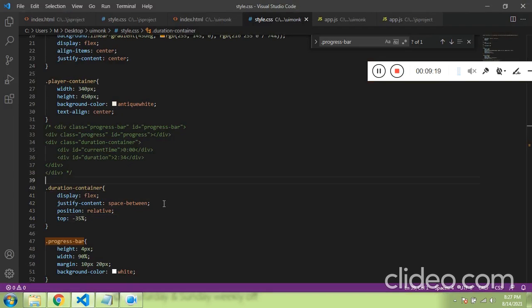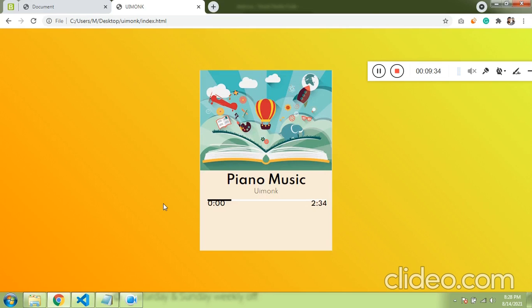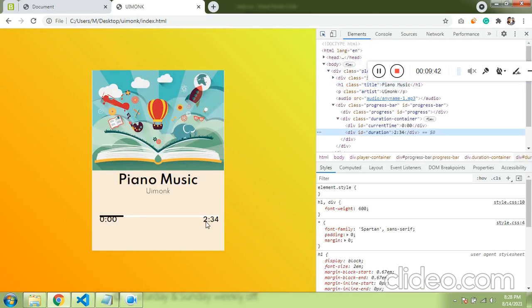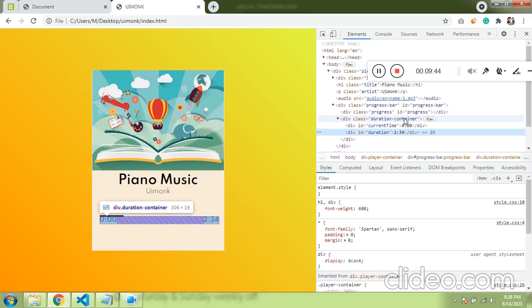Let's see what mistake we have done. Okay, it is because of progress bar. We need to give the height. Everything seems alright. Let's give margin 50 pixel for now. Let's get into the inspect, and let's start playing with the inspect.